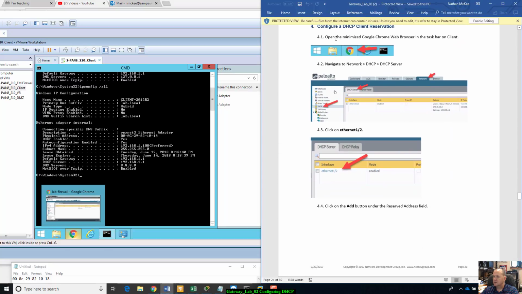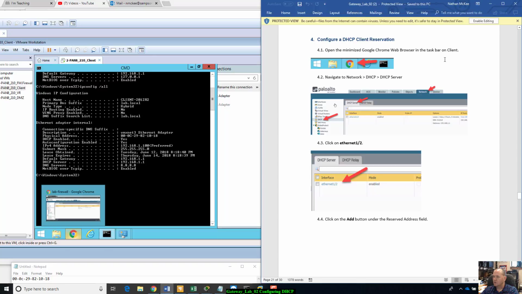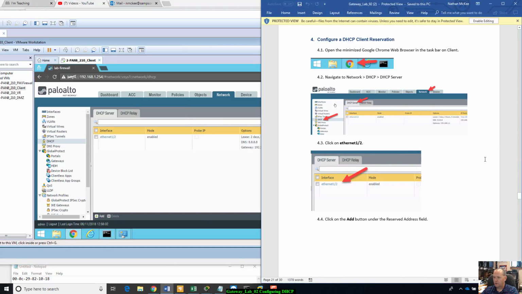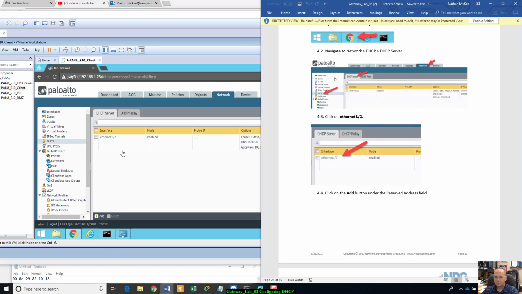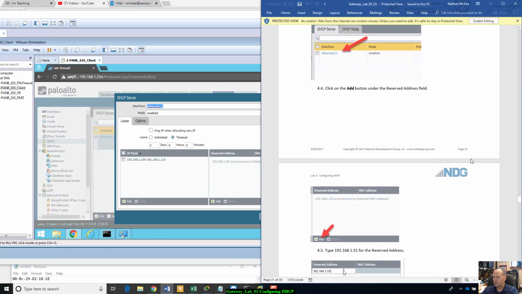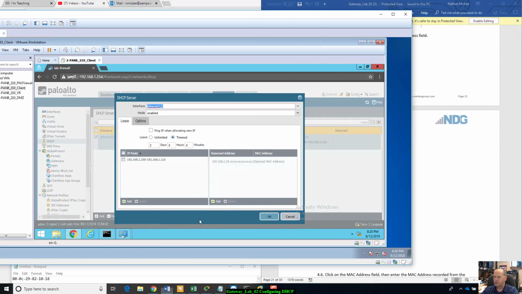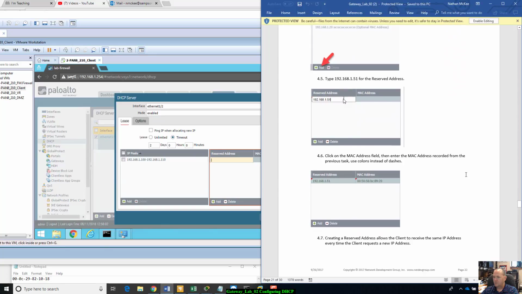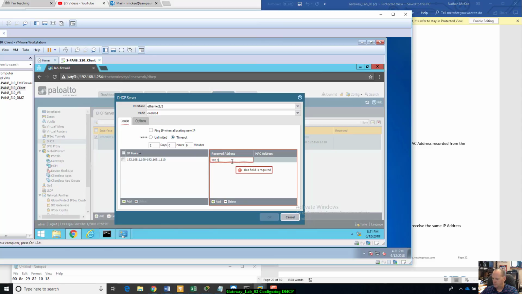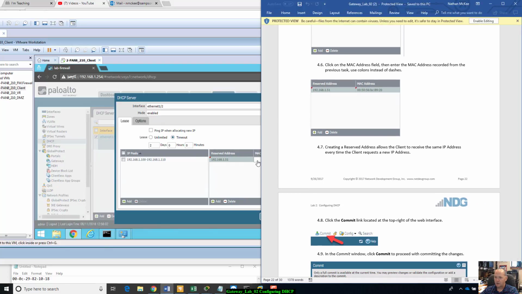Let's see. Open the Google Chrome web browser, which ours is already open. Right there. All right, go to network, DHCP server. Click on that server. All right. Click the add button under the reserve address field on the right here. All right, and we're going to put in 192.168.1.51. All right, MAC address, which I wrote down,